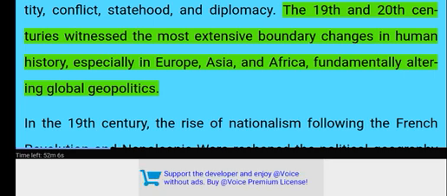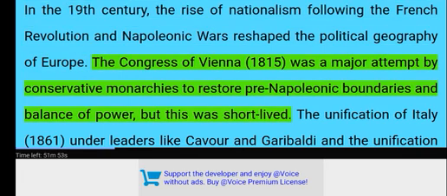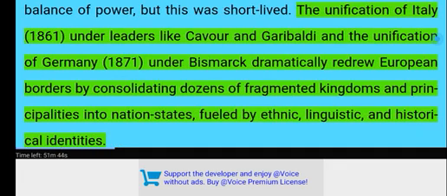fundamentally altering global geopolitics. In the 19th century, the rise of nationalism following the French Revolution and Napoleonic Wars reshaped the political geography of Europe. The Congress of Vienna, 1815, was a major attempt by conservative monarchies to restore pre-Napoleonic boundaries and balance of power, but this was short-lived. The unification of Italy, 1861, under leaders like Cavour and Garibaldi, and the unification of Germany, 1871, under Bismarck dramatically redrew European borders by consolidating dozens of fragmented kingdoms and principalities into nation-states, fueled by ethnic,